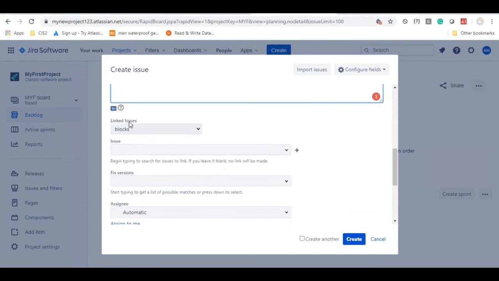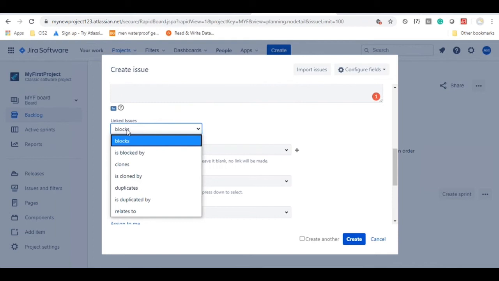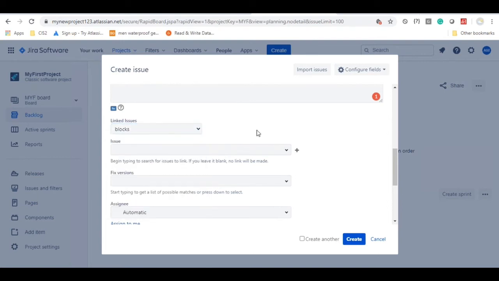Once that is done, then the other fields, linked issues. This is the next dropdown which is available here. Using this particular dropdown, you can do multiple things. First thing is, assume that there is one user story depending on this user story. Such kind of dependencies should be created.